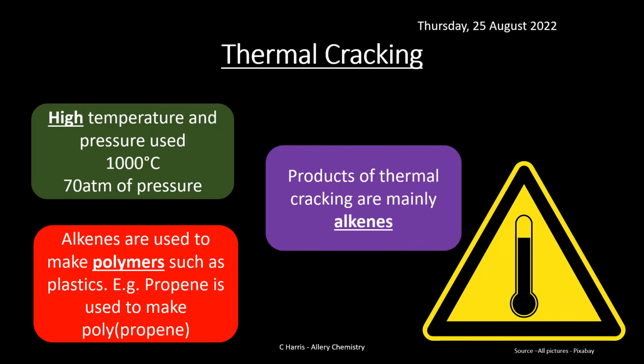Now, alkenes are useful because we make plastics from them. We make polymers from that. And obviously propene is used to make polypropene. So, a really useful method. But as you can see, it's probably going to be quite expensive because you need a lot of heat and a lot of pressure. So we have to make sure that if we are using this to make plastics, then